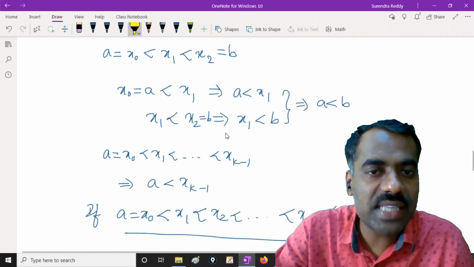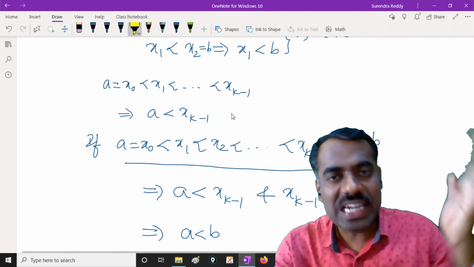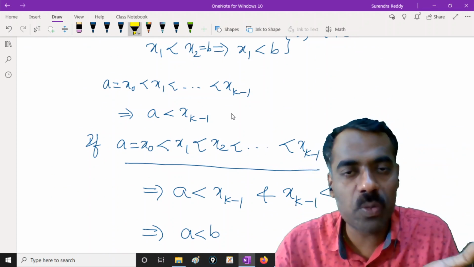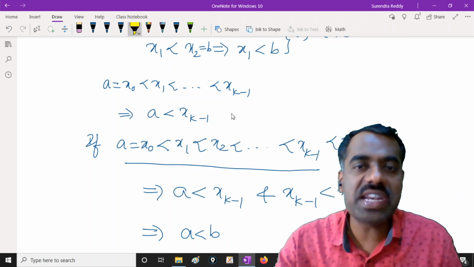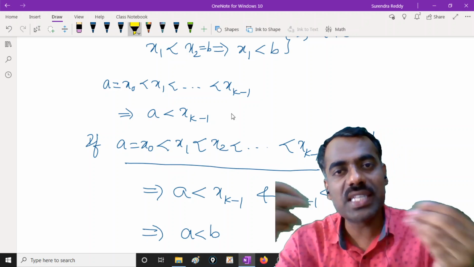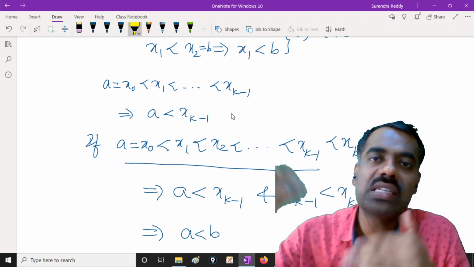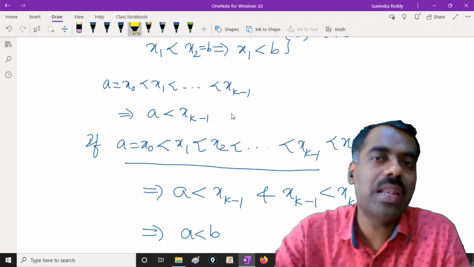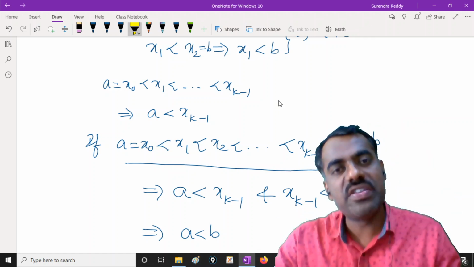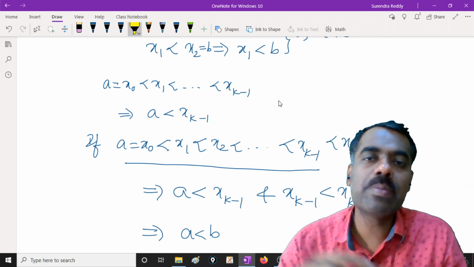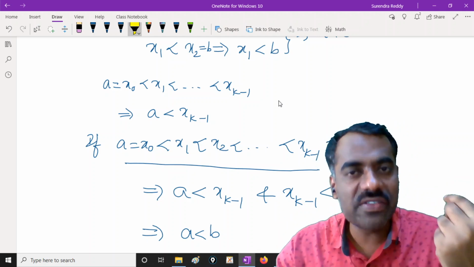So that is the reason. If it is a finite poset, then there will be only finitely many elements in your poset. So once you have finitely many elements, then starting with A and ending with B, the combinations you will have are also only finitely many. So because of that, you can select the largest set possible among finitely many. Is this clear? Are you following? If you have an infinite number of elements, then it may be possible that you will have an infinite number of chains starting with A and ending with B.